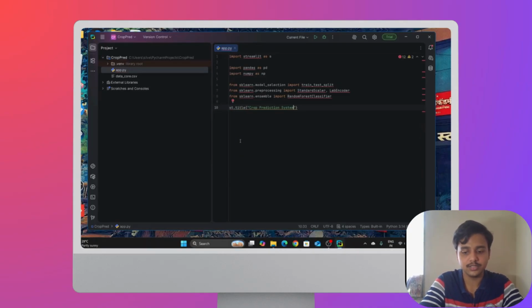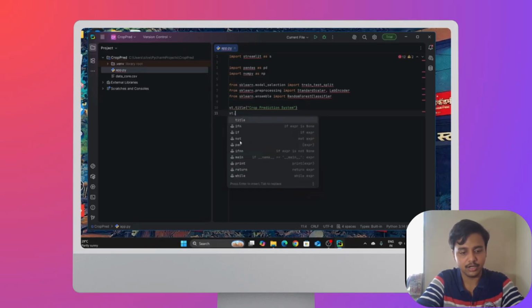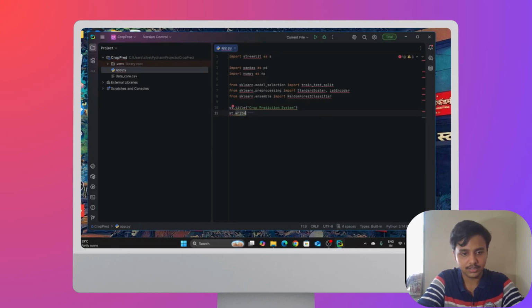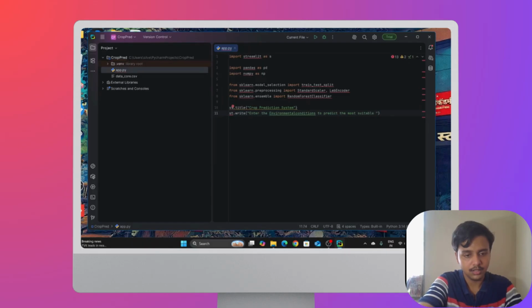Okay, crop prediction system, and then I am going to write st.write: Enter the environmental conditions to predict the most suitable crops.